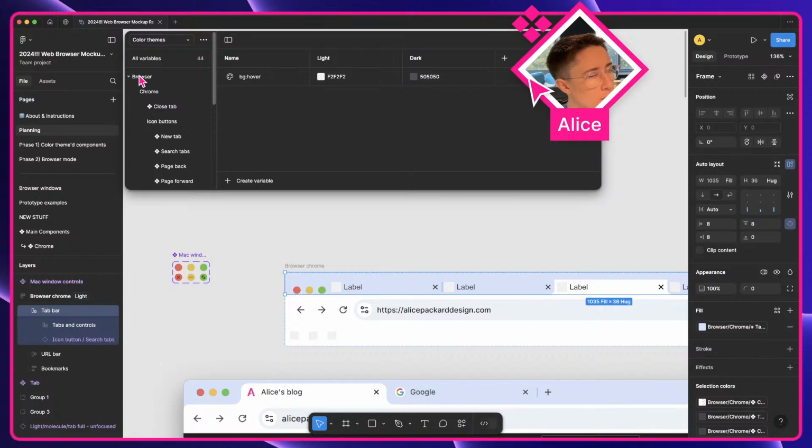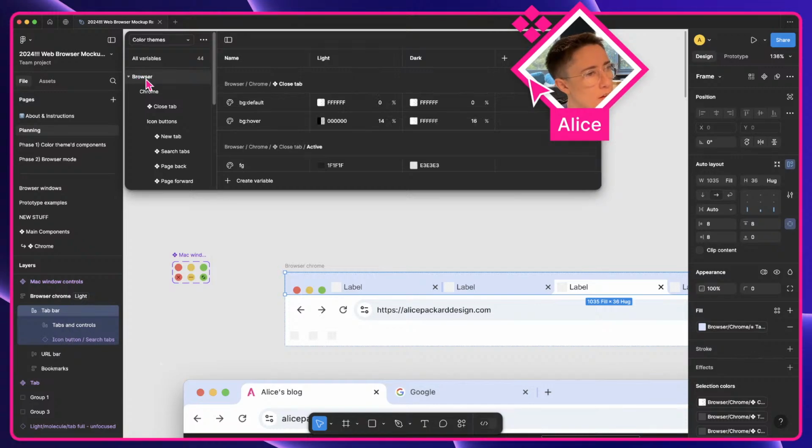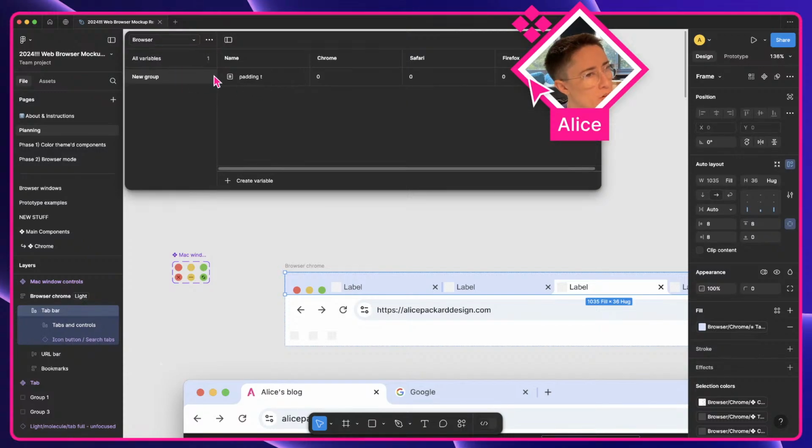We won't need to collect things into browsers in this way because this is all going to get aliased in to browser, right? So we might actually just be able to collect things into,